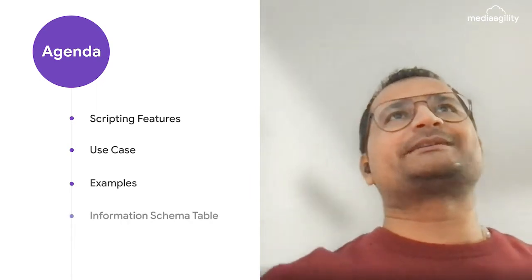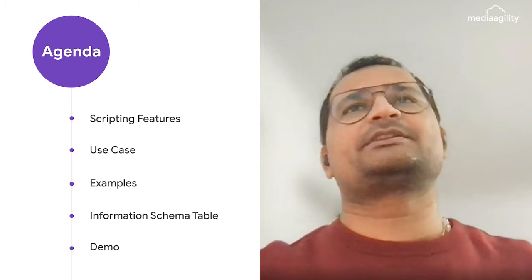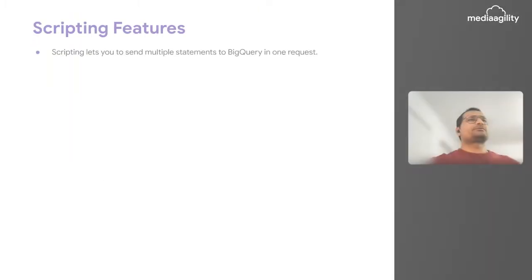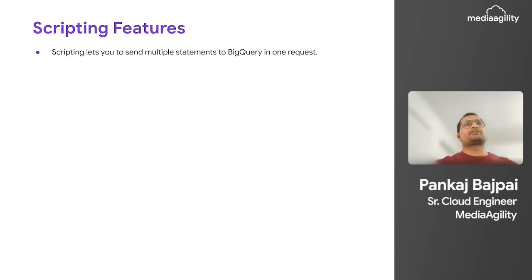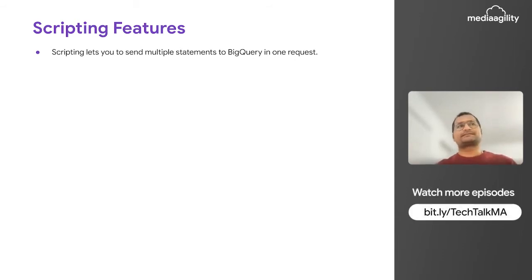So just to get into the details of all the things which information schema provides and how we can utilize it. So basically, if you see the way we normally write scripting, BigQuery provides a way you can write more than one query, and send them to BigQuery, and BigQuery will execute in sequence, whatever sequence you provide in that script. And once the whole script is executed, you can get the result of that script, and even of the individual query. So that's precisely what BigQuery scripting talks about.